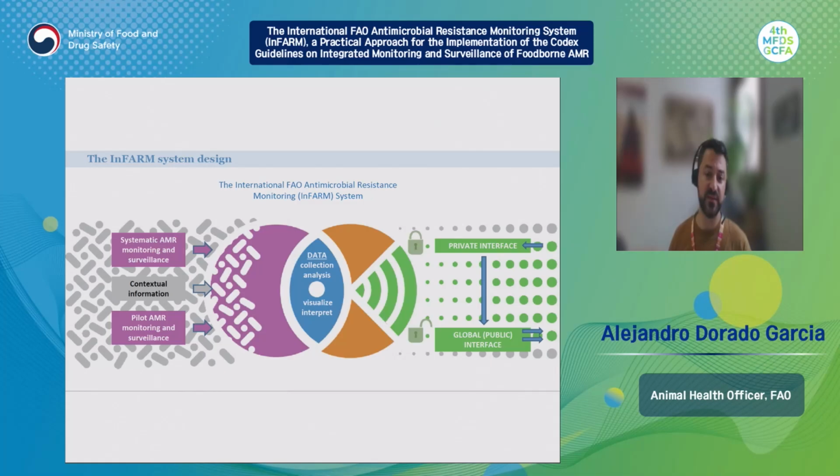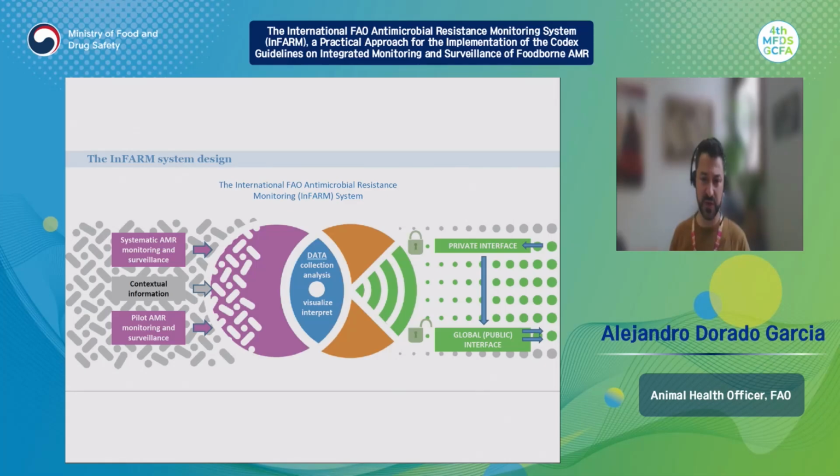This is the visual identity of the INFAM system. As you can see on the left side, you have the shapes with bacilli and cocci, and the data generation in the laboratories. In the middle, you have the surveillance and the transformation of data on antimicrobial resistance into information that can be disseminated at different levels of aggregation, depicted on the right side. As you can see, this covers the whole cycle from data generation to data analysis and data dissemination.